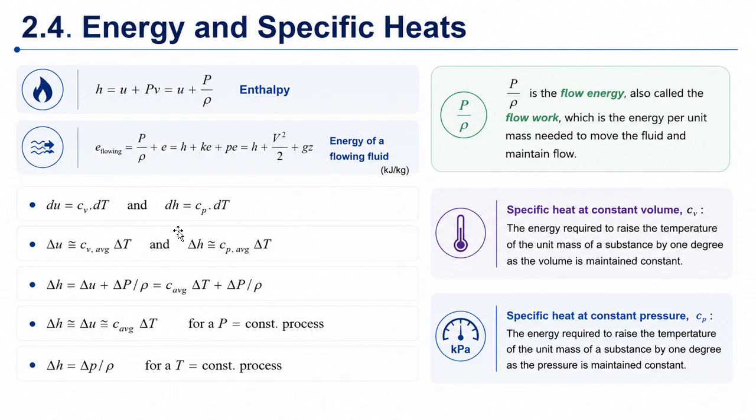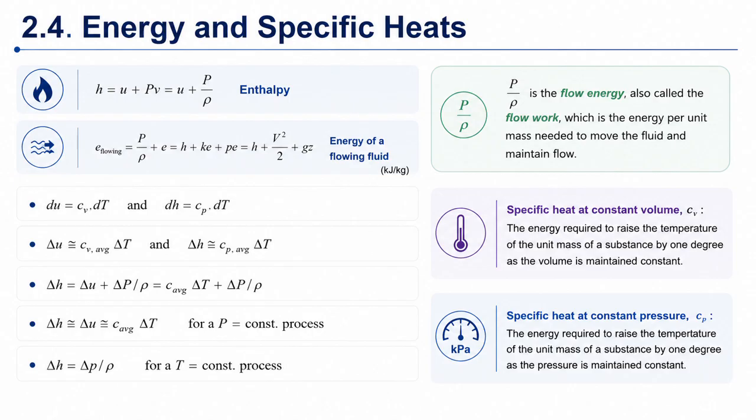Now, this slide contains several important relationships and equations between different quantities. The first one is enthalpy. Majority of these you have already covered in thermodynamics. Again, this is a recap of what we have learned. Enthalpy is defined as the combination of internal energy and the flow work, so H is equal to U plus PV. Since specific volume is equal to 1 by rho, we can also write this as H is equal to U plus P by rho,